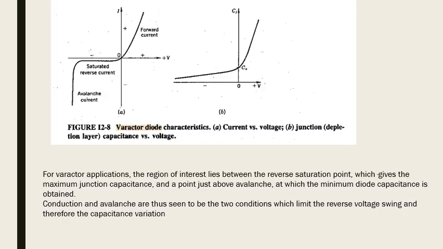As you can see in the characteristics of this diode, when it is working in the reverse bias, it is working in two modes. First, the saturation current, the reverse current, which is moving over here, and the avalanche current. Basically, the varactor diode is always shown by a variable capacitance. The symbol is always shown, as you can see, as a variable capacitor.